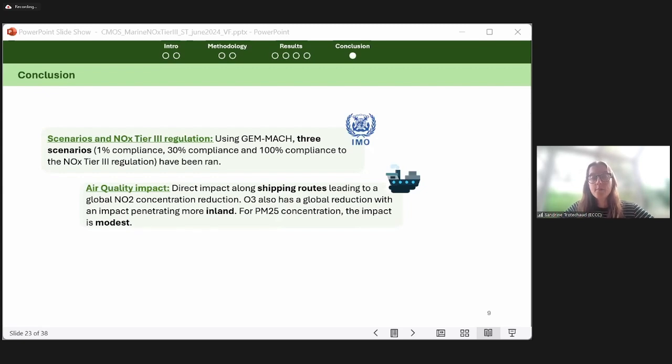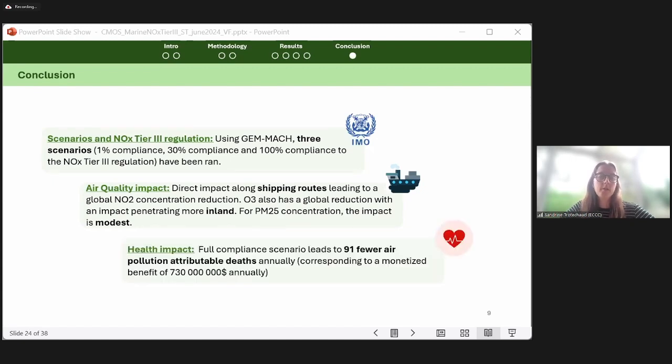The impact, we have a direct impact of reduction of NO2 concentration through NOx emissions reduction. We have that ozone also has a global reduction, penetrating more inland than for NO2. But we also see an opposite trend in Vancouver due to the NOx titration reaction. For PM2.5, the impact is quite modest in terms of reduction in concentration, but it still does have an impact on health. And then again, the health impact of these 3 pollutants leads to 91 fewer air pollution attributable deaths annually, which corresponds to